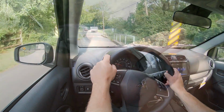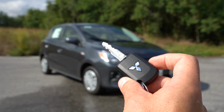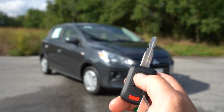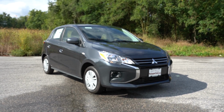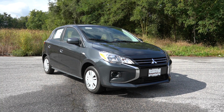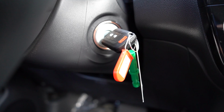So then making our way up to the startup, let me start by showing you guys the key here. You got your Mitsubishi logo on the one side. When you flip it over, of course, lock and unlock. Pretty basic key, but it is a turnkey start for all trim levels but the SE. That SE is going to give you a push button start, but in our case, all I'm going to do here is simply put my foot on the brake